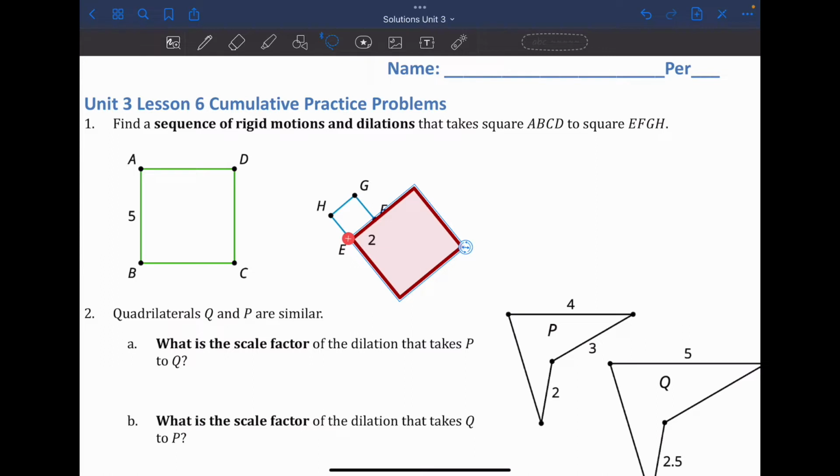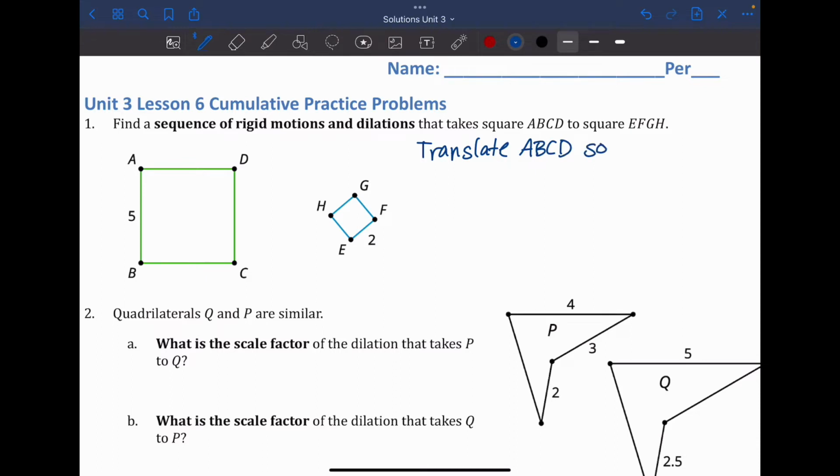A, B. Oh, no, I won't have to reflect, but either way, we're going to rotate it around, and then we are going to shrink it down using dilation with a scale factor to actually make it line up. So our first step is going to be, we're going to translate ABCD, and I'm going to say, so that